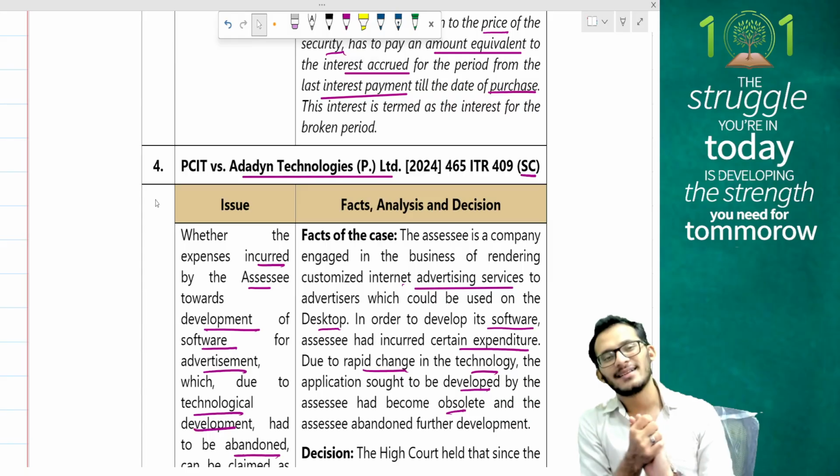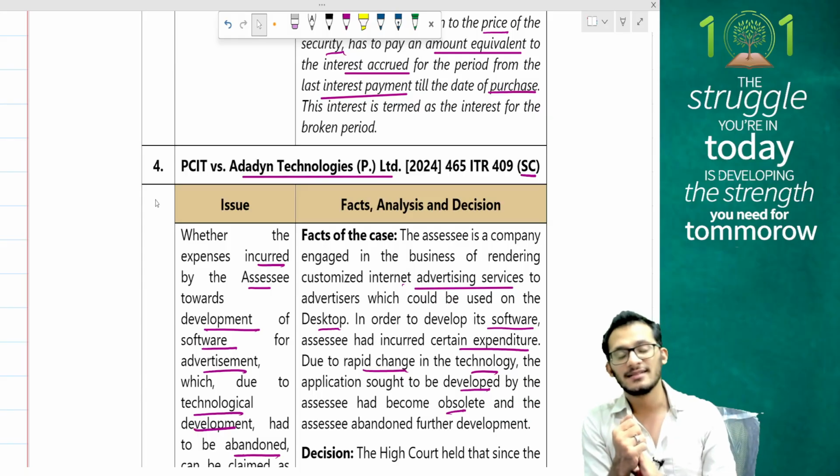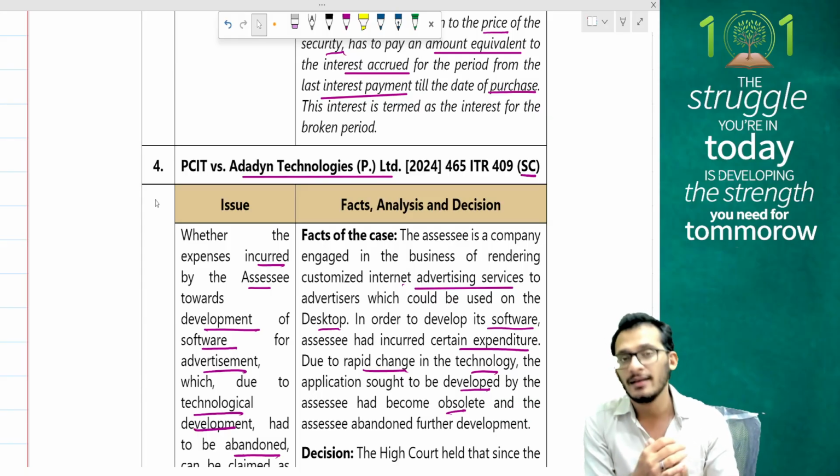Awesome. With that understanding, people, I'm done with the judicial updates as well. We are already done with statutory updates. I'm now left with an obligation to complete the RTP analysis with you along with the MTP discussions. So I'll be doing those as well.